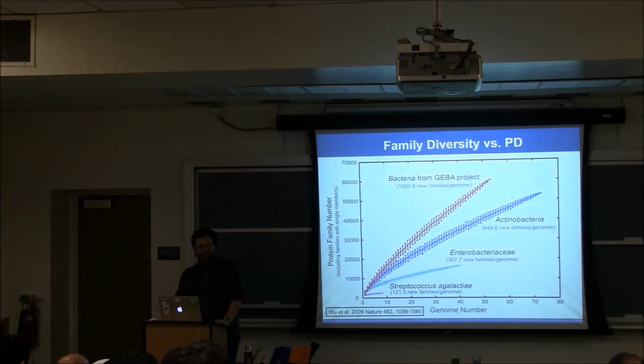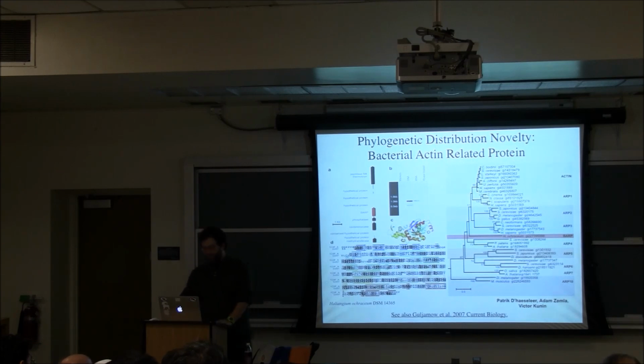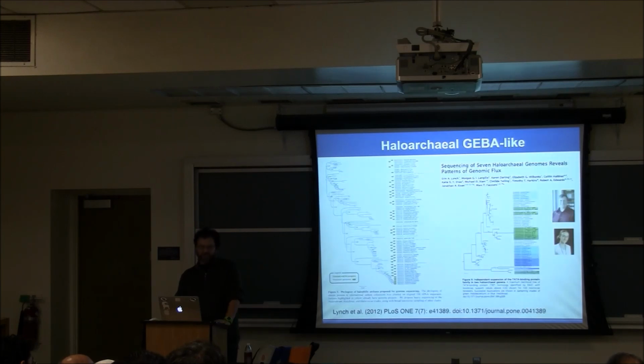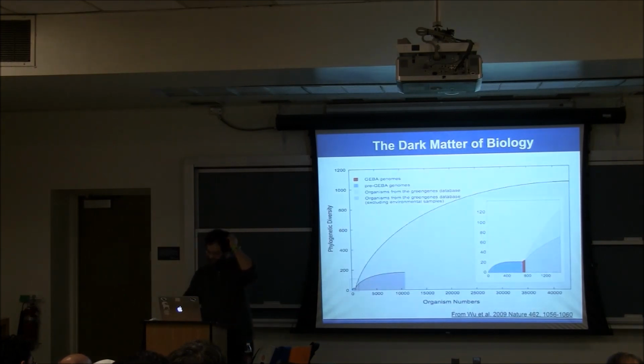We showed basically that this is a really good tool for discovering protein family diversity. If you sequence phylogenetically novel organisms, you're more likely to find a new protein family than if you sequence non-phylogenetically novel organisms. We found all sorts of weird things in some of the genomes, including eukaryotic-like actin in one of the bacteria. And this spawned many what we call GEBA side projects. There was a project led by Cheryl Kerfeld to fill in the cyanobacterial diversity using a phylogeny-driven approach. We've been doing a project here with Mark Facciotti to fill in the halophilic archaeal diversity with the phylogeny-driven approach.